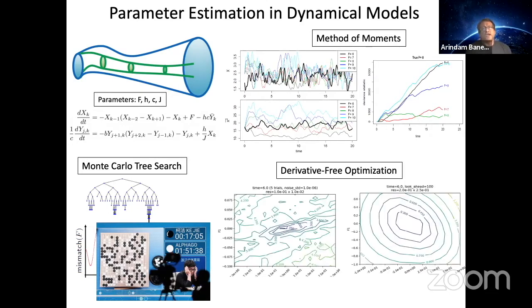And we are, of course, looking at the more traditional literature in derivative-free optimization. There are some initial promises, but these are high-dimensional systems, so there's a lot of work going on currently. Hopefully, in another 6 to 8 months, we'll be able to share more about how these results look. But we are very deep into machine learning methods over here on the parameter estimation front.